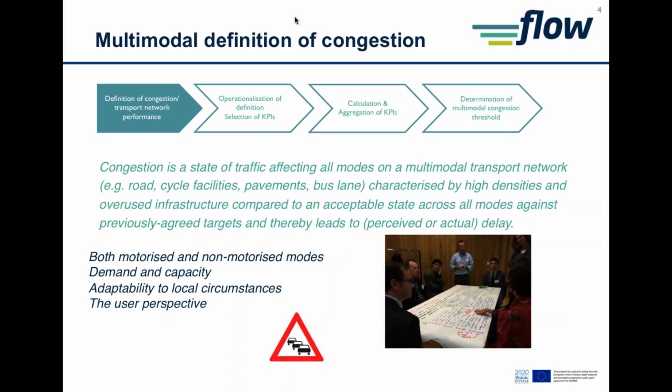Because if you want to compare a with-measure scenario to a without-measure scenario, we have to have a final result, whether the state of traffic flow before and after is congested or not. So one mode can lead to congestion or can be congested, and the sum or aggregation of all modes can be congested as well. And this multimodal transport network is characterized by high densities and overused infrastructure compared to an acceptable state across all modes against previously agreed targets. So this formulation points to the fact that we wanted to provide